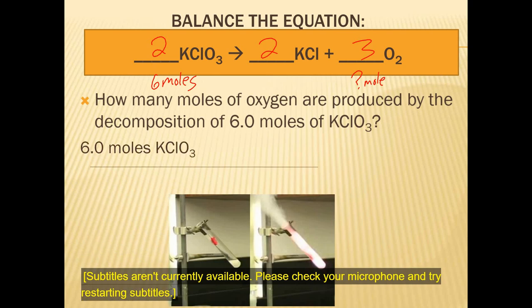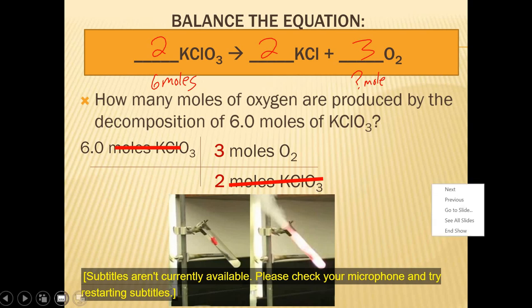We start with the 6 moles. I want to get rid of the potassium chlorate, so it's going to go on the bottom. So I put the 2 moles of potassium chlorate on the bottom. I want to get to oxygen, so I put 3 moles of oxygen on the top. The moles of potassium chlorate go out. I take 6 times 3 divided by 2, and I get 9,